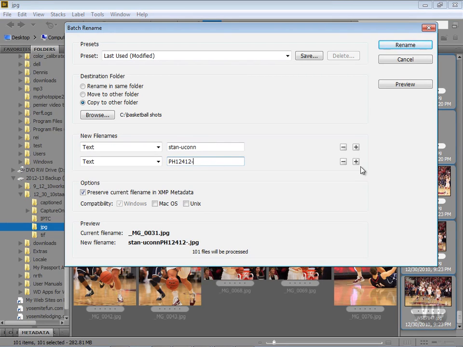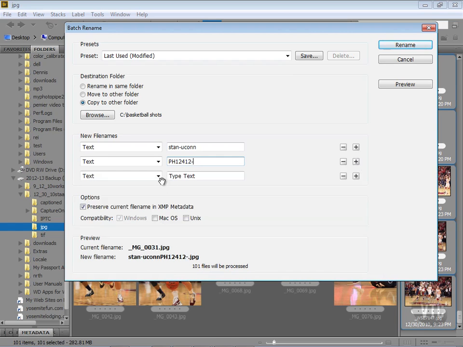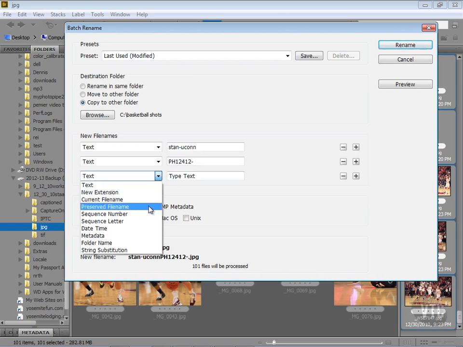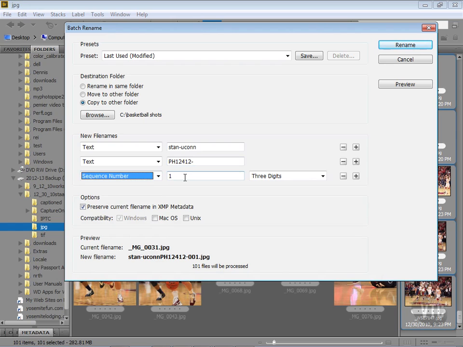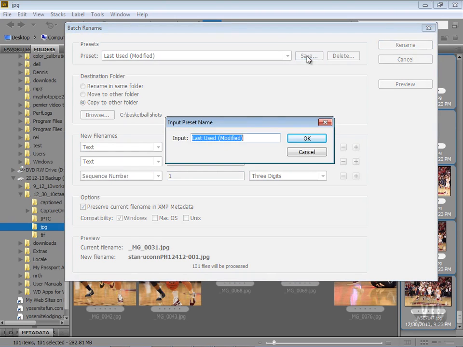And then we're going to add another parameter, and that's going to be sequence number, beginning with 1 and going up to 3 digits, because we have 100 files in the collection. So we need at least 3 digits for the sequence number. And you can look down here and see this is how the file name is going to look once it's finished. Now again, I can save this as Stan Yukon,